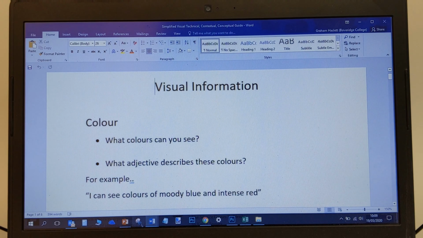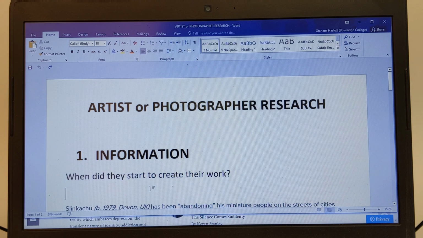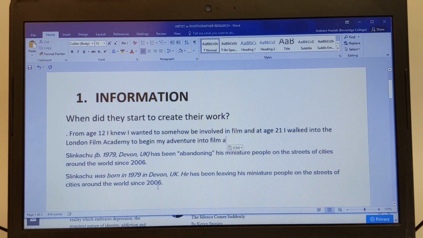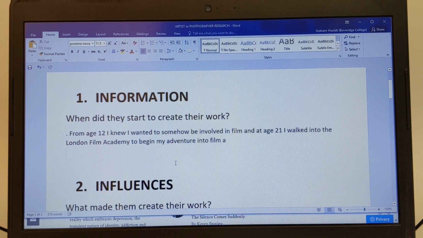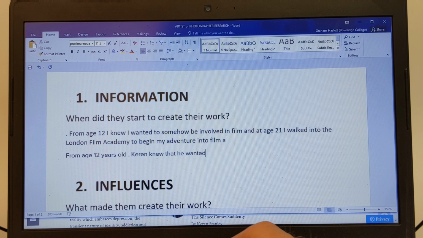Come over here and then I'd paste it in here. But then, let's delete this, I then start to put it into my own words. So instead of from age 12, I knew, I can change it to from age 12, and then maybe to make it more my own, 12 years old. And then put his name in there. Karen knew that he wanted to,